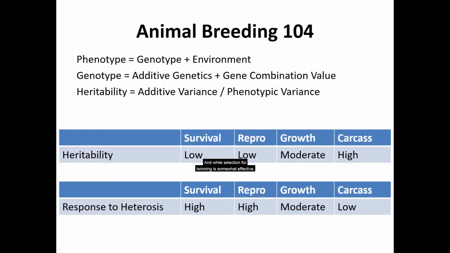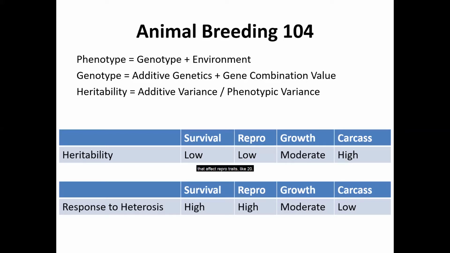But the opposite would be true for survival or repro traits, such as twinning. And while selection for twinning is somewhat effective, it's not nearly as effective as selection for loin eye size, for example. Okay, because there are so many environmental effects that relate to whether an individual has 1 or 2 lambs,